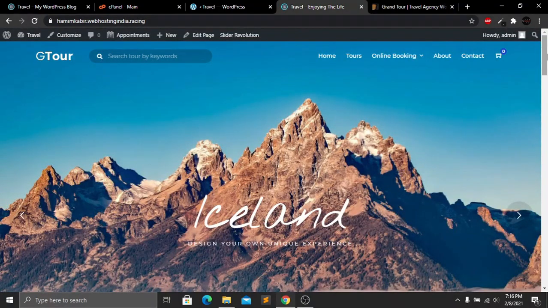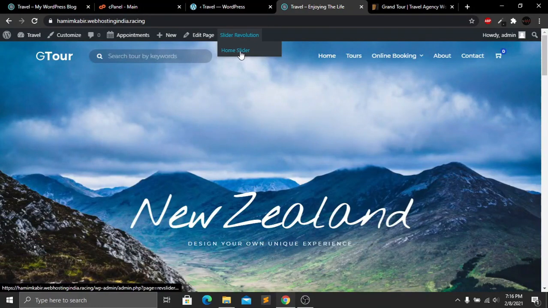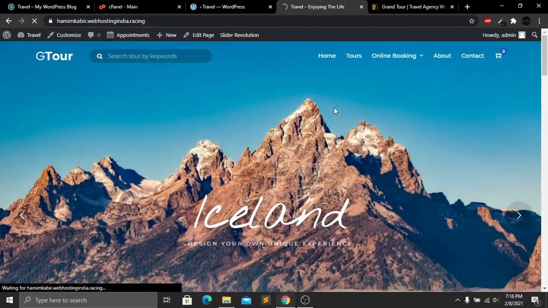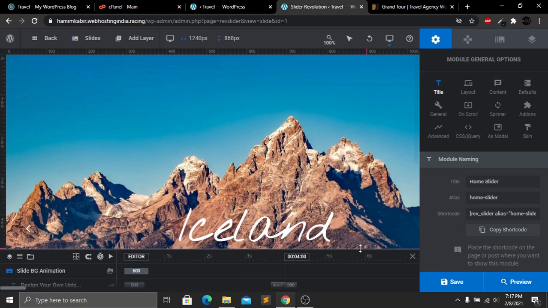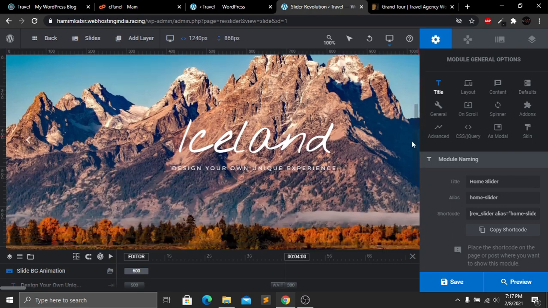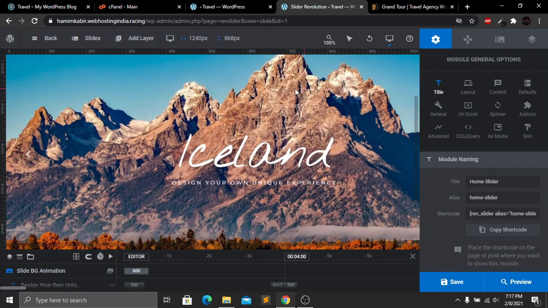So now we are in our home page, and from here if we go to our Slider Revolution, we can see a home slider. Now we have to click on this home slider. So now we are in our home slider, and from here we can change our sliding options and the sliding images. So now if you want to change the background image, how we can do this, now I will show you that. So for changing the background images, you just have to click on our